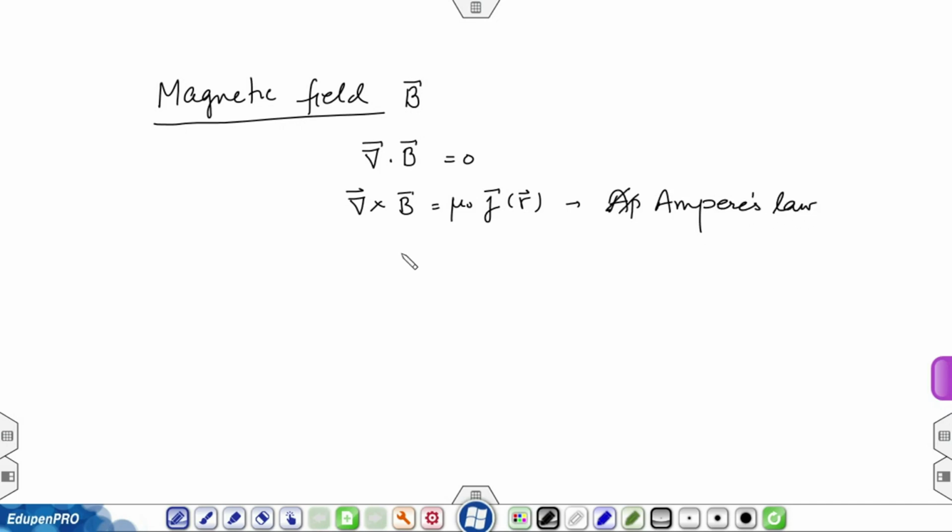And its integral form is that the integral of B dot dl over a closed path is equal to mu naught I enclosed by that path. In this lecture, what I want to do is learn about